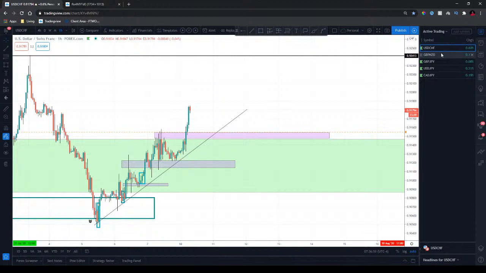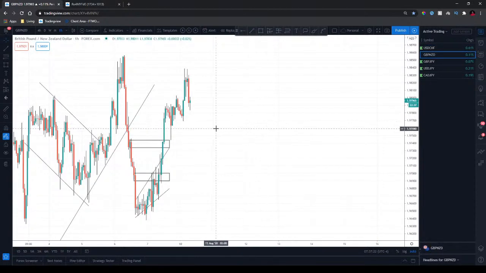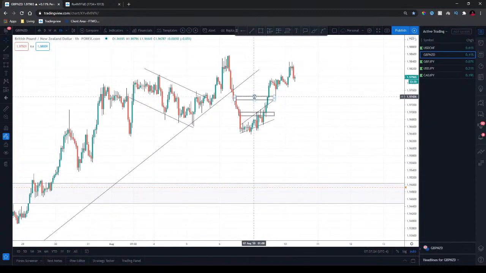USDCHF looks really good, and I believe we're up over 104 plus 102 plus 73 equals about 280 on one pair alone. All right, and I'm showing that to you so that you realize you don't have to catch every single one of these moves. You don't have to pay attention to a ton of pairs. A lot of people would be happy with 100 pips in an entire month. But